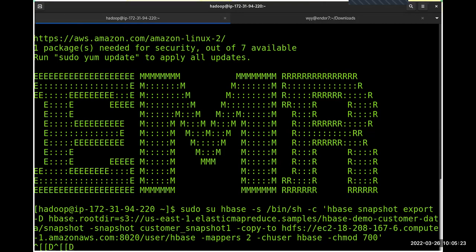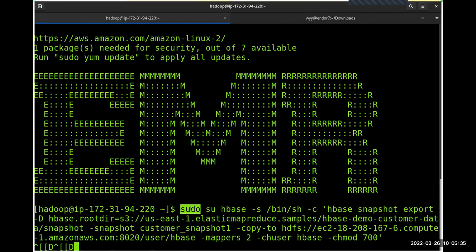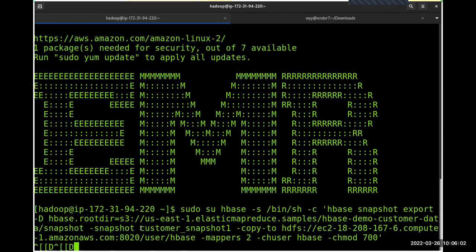So what this does, I'll explain the command while it's running. This one basically, of course, runs as the HBase user. So sudo runs a super user command, run as the HBase user, and run this using a regular shell. The command that's being run is actually HBase snapshot export minus D, meaning it's actually import, right? So it basically takes this export directory, which we were browsing a while ago, picks the customer snapshot, customer underscore snapshot. We know that because that's a given, and copies it into my